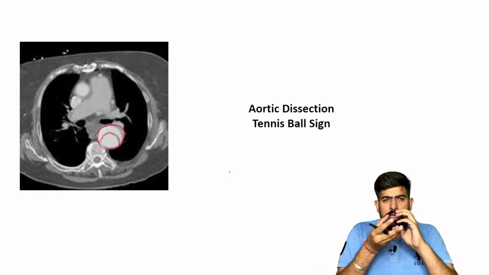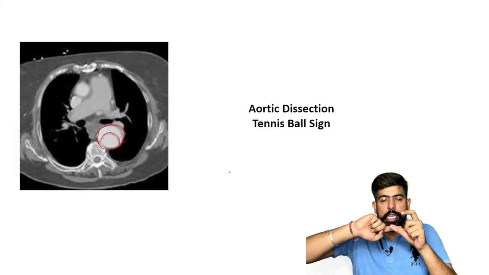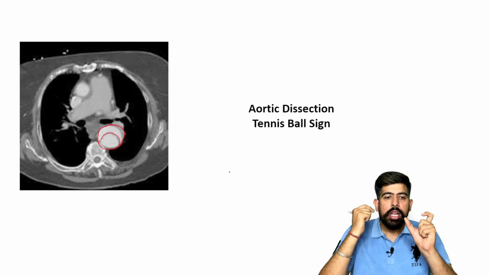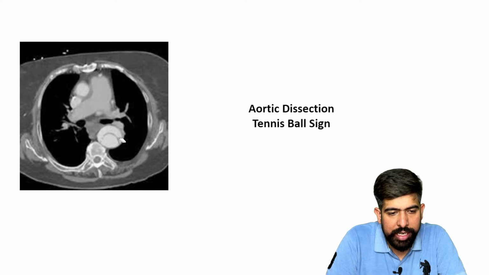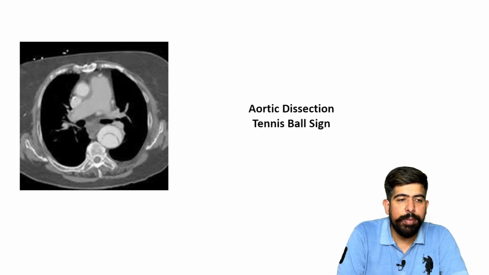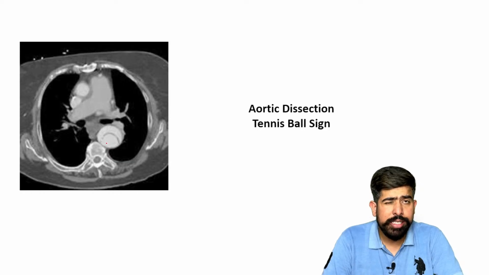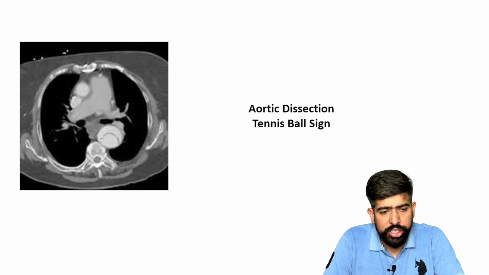So there is a green-colored tennis ball, and there is green or red, right? A white strap is passing between this ball, right? So the same appearance, I'm just removing it, so you can see over here the same appearance over the CT thorax, right? And you can see over there is a crescent shape, right?